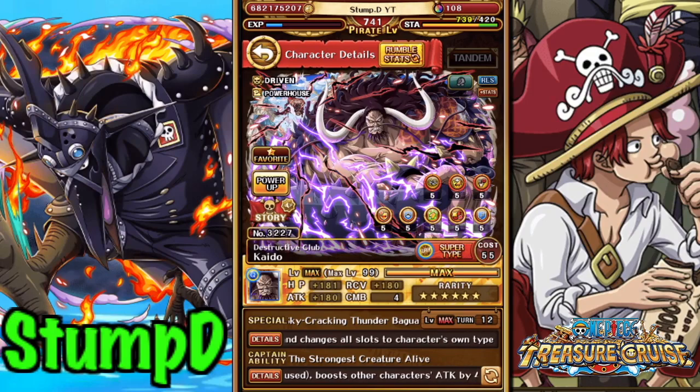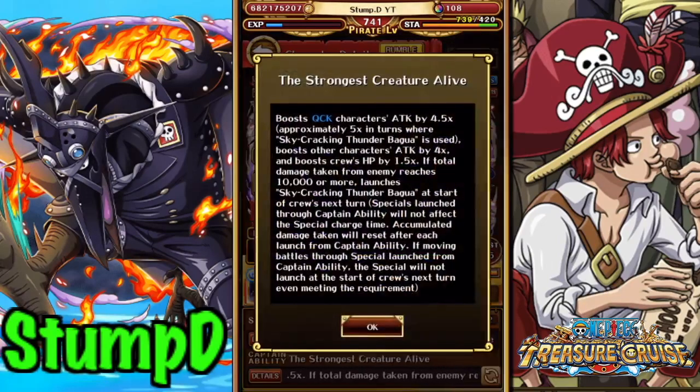It actually utilizes a friend Sugar. So if you have Sugar, you can run Sugar easily as your leader, and then bring a friend Kaido. It'll work very, very well. Kaido can give us a 5 times captain ability whenever we use his special. So obviously on the final stage, we can use his special, and then that way we can get the 5